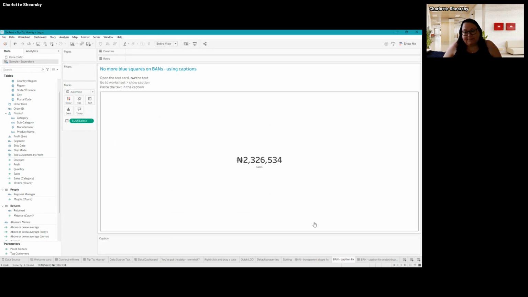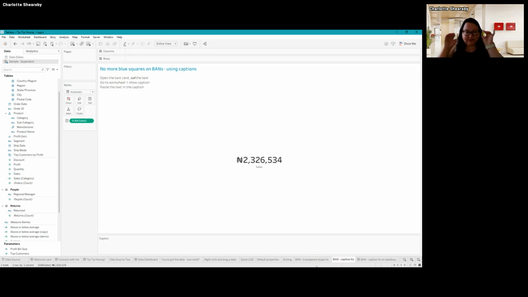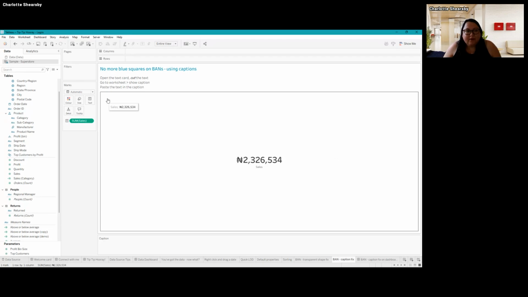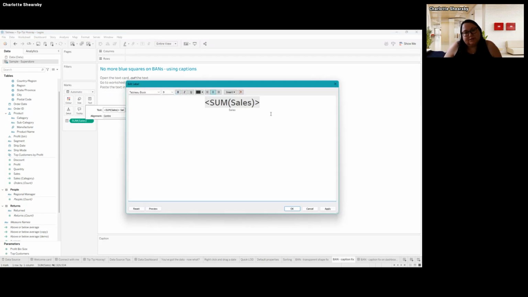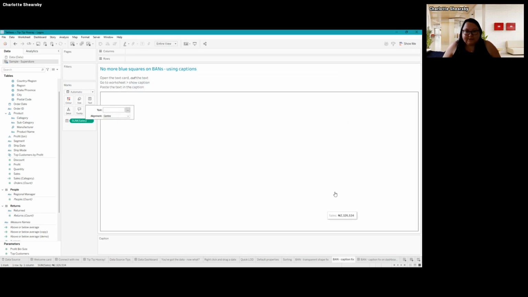Another little tip is, instead of using your transparent shape to fix your ban, you can actually do this trick with the caption. So I've got my ban here. What we do is we go to the text card, expand that out, take our text and cut it. So Control X, so it's gone. Apply that.